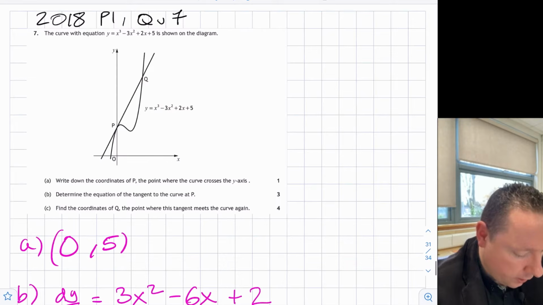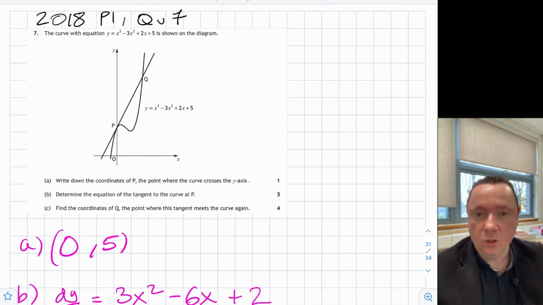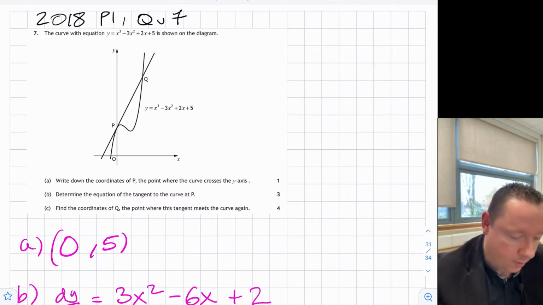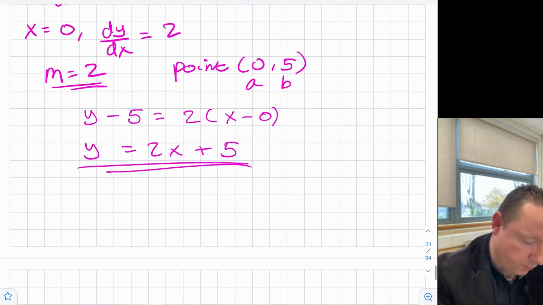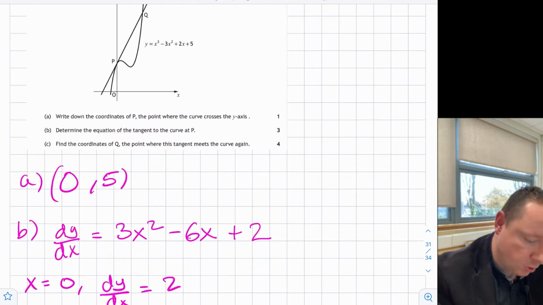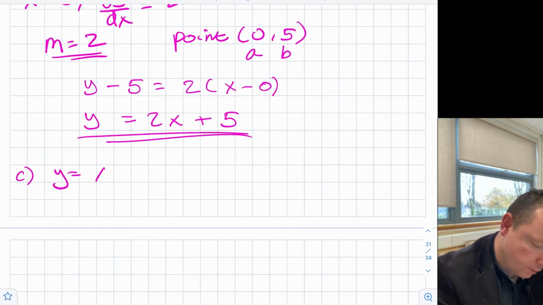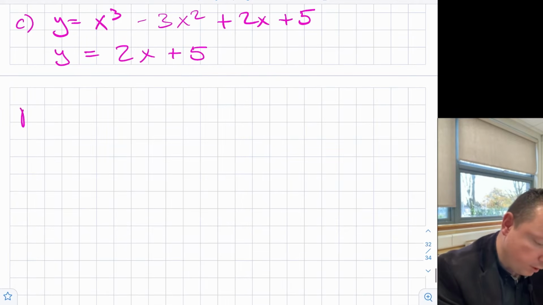Part C is quite commonly, find the coordinates of Q where the curve meets the tangent again. It's talking about meeting or intersections, so that means that it is simultaneous equations, okay? It's the point where the line's equation equals the curve's equation. So let's do that for part C. So our curve's equation is x cubed minus 3x squared plus 2x plus 5. And our line's equation is 2x plus 5. And therefore, the point of intersection